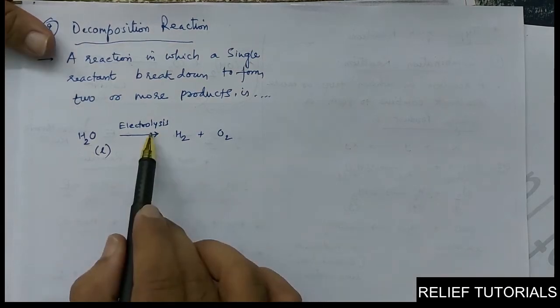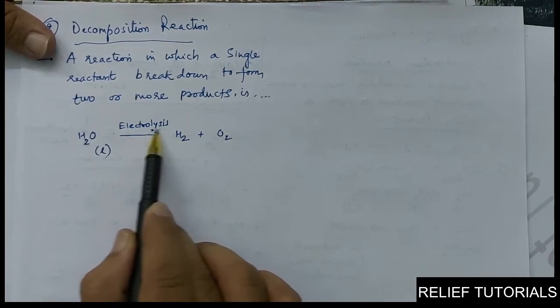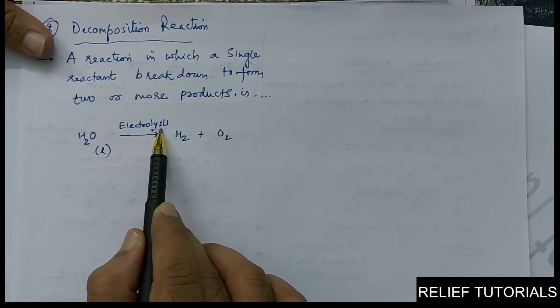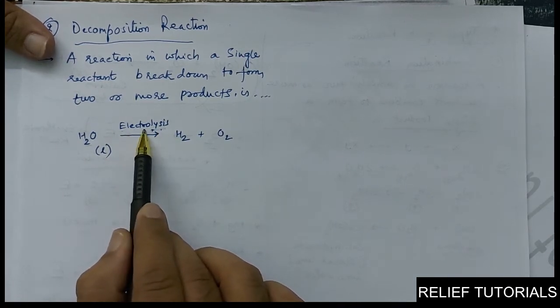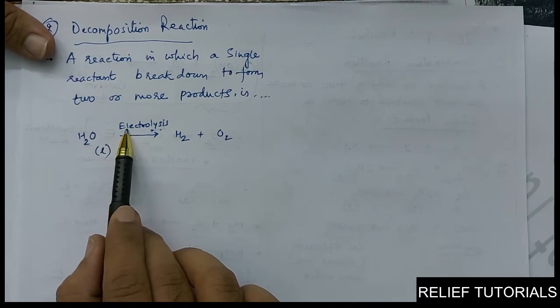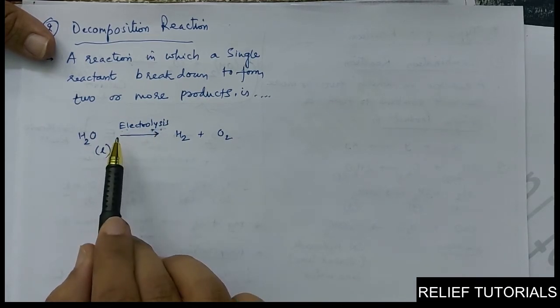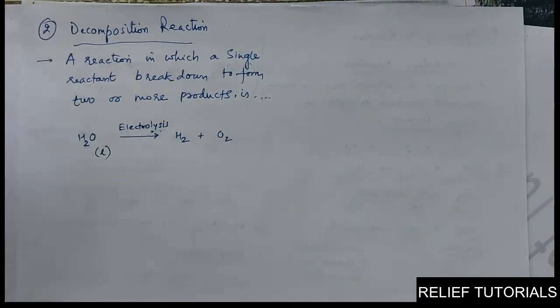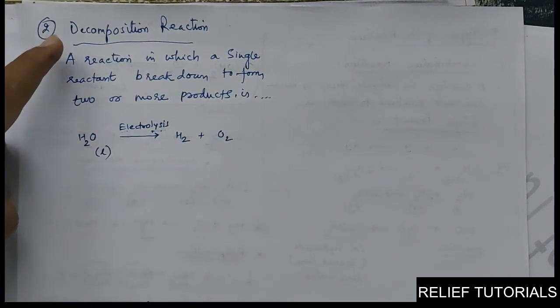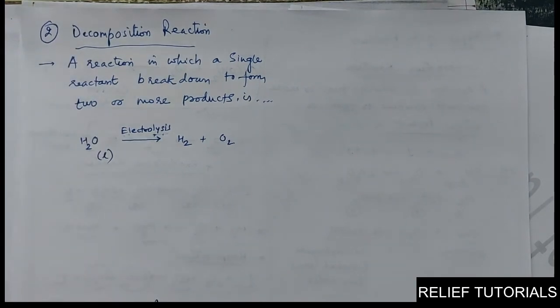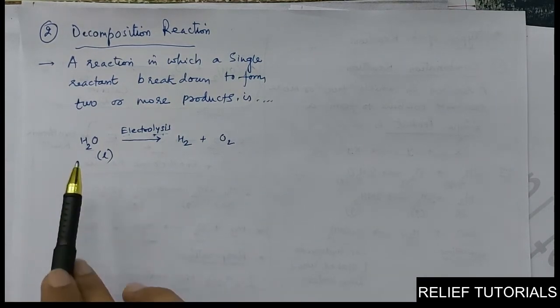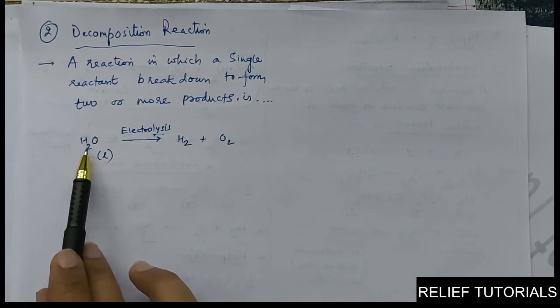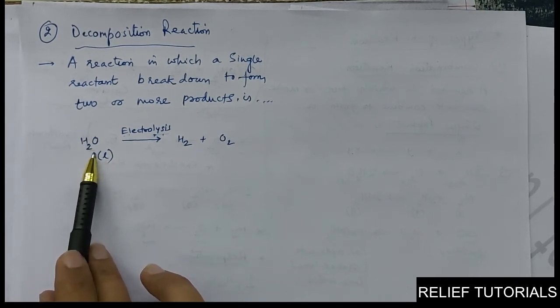Electrolysis. Lysis means to break. Lysis means to make them separate with the help of electricity. So it is called as electrolysis or electrodecomposition reaction. In short, what I want to give you the message is that during the decomposition reaction, one or the other type of energy we have to provide, because breaking is not the easy process. If you want to make them separate, you have to give enormous amount of energy to make them separate.